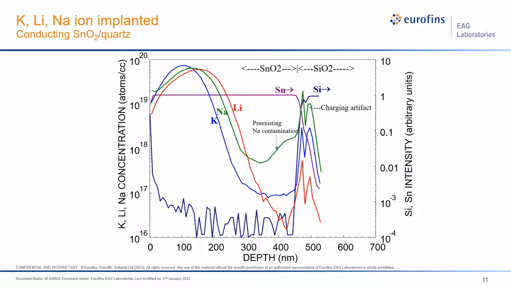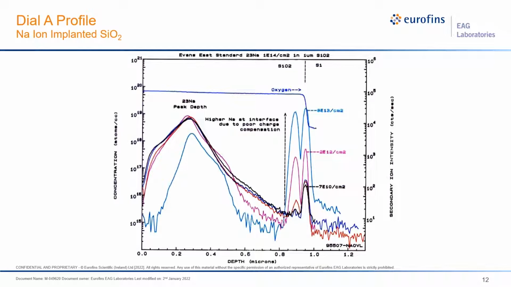But when we do the same measurement with the same sodium implant made into an SiO2, which is deposited on a conducting silicon substrate, depending on what electron charge compensation condition you use, you can actually drive the sodium profile. As you can see, it has nothing like a Gaussian shape we've seen in the conducting film. And we're driving all that sodium to the interface where the sputtering front reaches conductivity, and the migration of the sodium stops. It can be so bad that most of the dose of that implanted sodium may end up